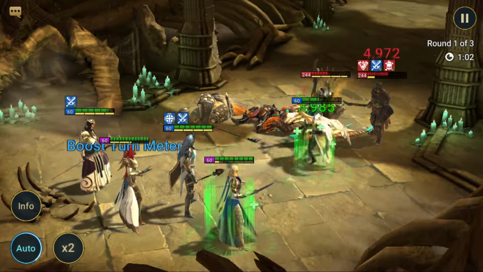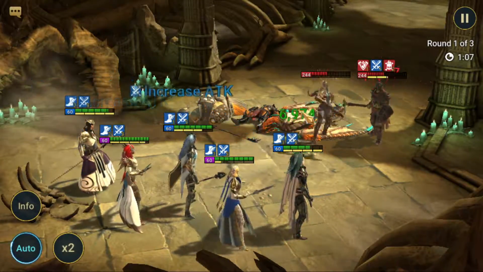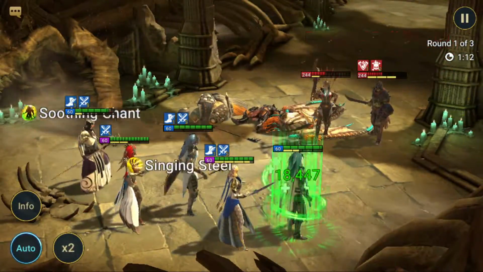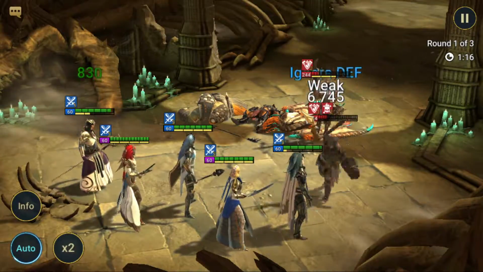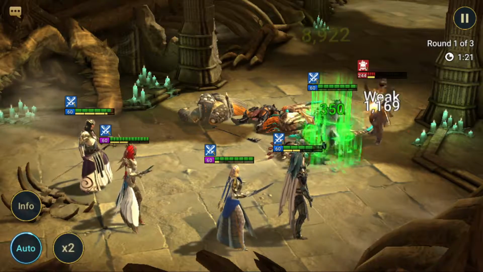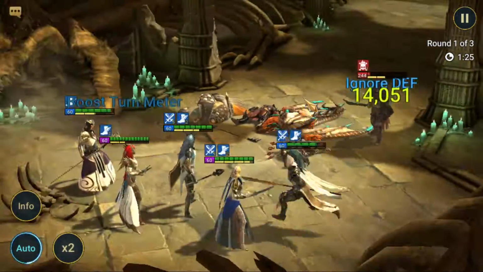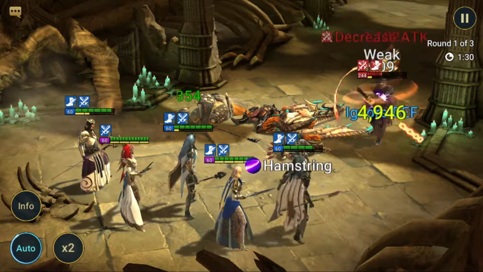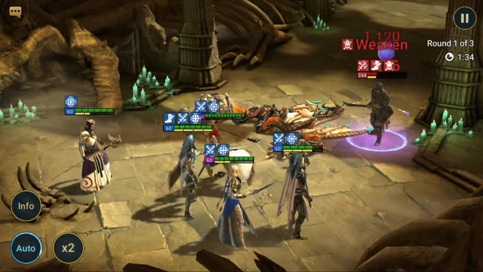Okay, if you don't have a reviver and support champs, you really need to have strong utility champs like ally protection, shield, or healer. So you really need those. And then on the higher stages of Faction Wars, you really need to have something that can control the mobs. Be it like sleep, be it like provoke, be it like turn meter control,